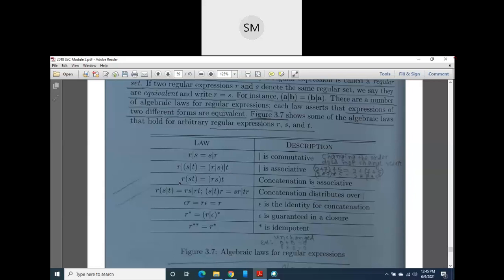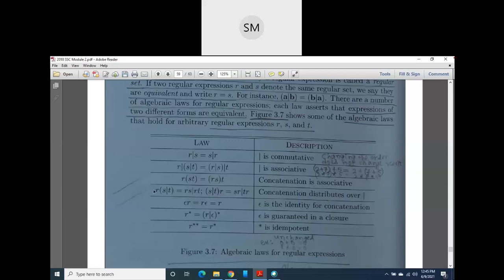Okay, so then concatenation. R is concatenated with ST, and again S is concatenated with T here. Okay, R is concatenated with S already, and this is again in turn concatenated with T. RST, RST. So concatenation is also associative. We will get the same thing. And R(S union T) equals RS union RT. (S union T) concatenated with R, then we will get SR union TR.